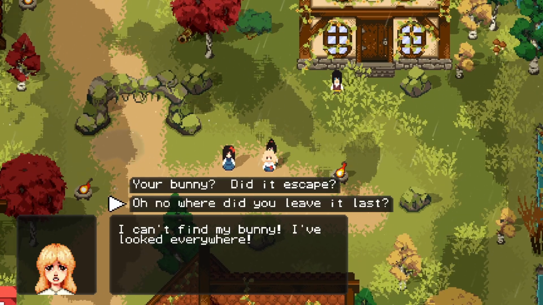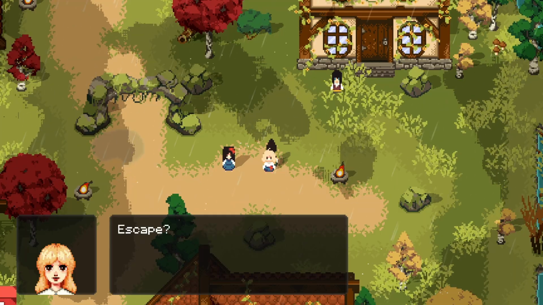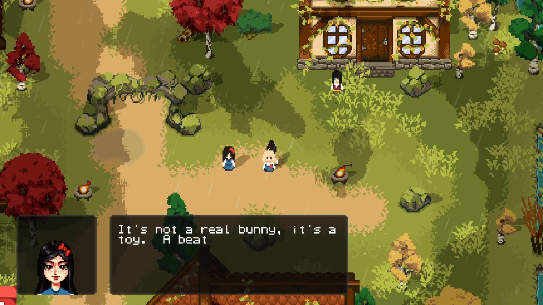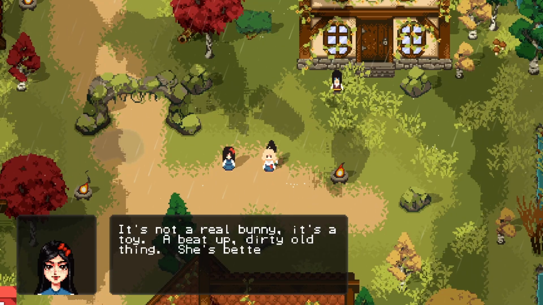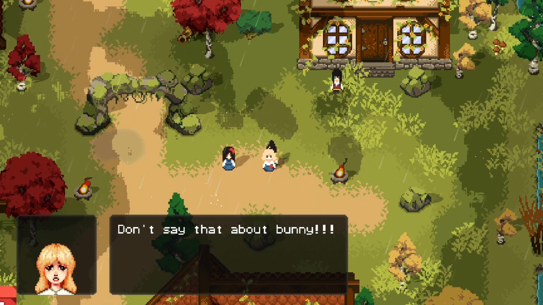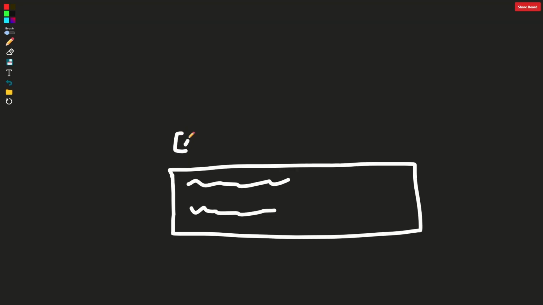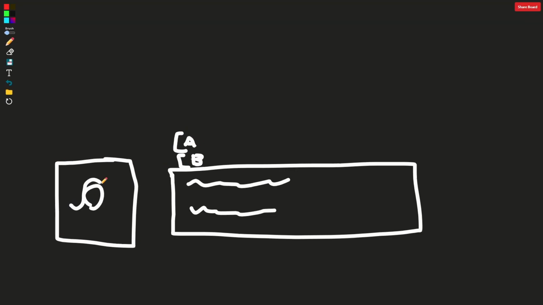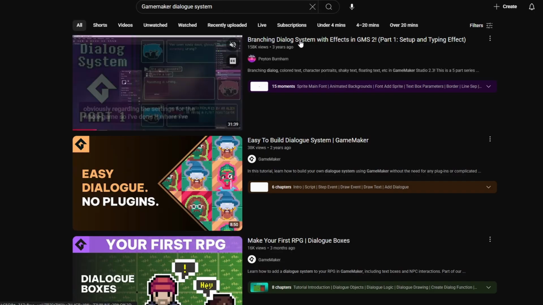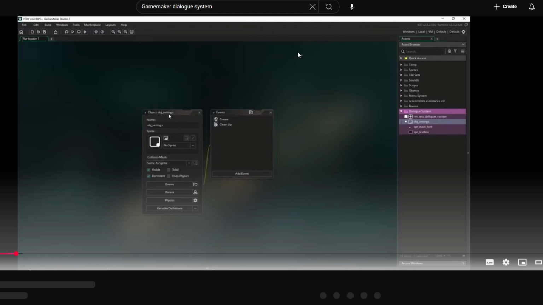Next came the dialogue system. Dialogue in Ethos Augur is hugely important since this is half roguelite and half narrative game with branching decision trees. I needed to implement a dialogue system which would allow selecting from a list of options so that we could implement those branching decisions. And I wanted the system to also show off portraits of the characters so I could better showcase their emotions. For this, I ended up following Peyton Burnham's branching dialogue system tutorial, which I'll link in